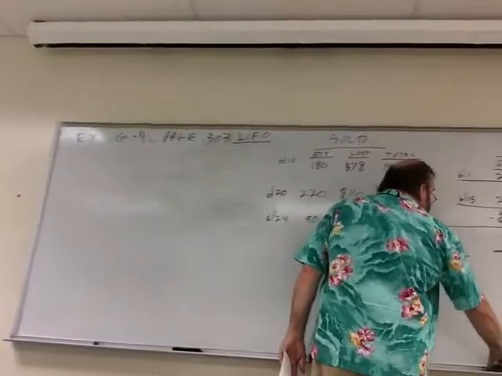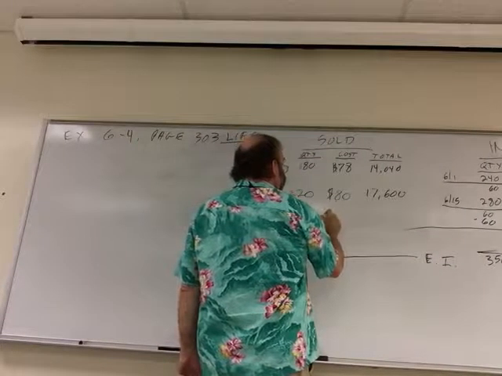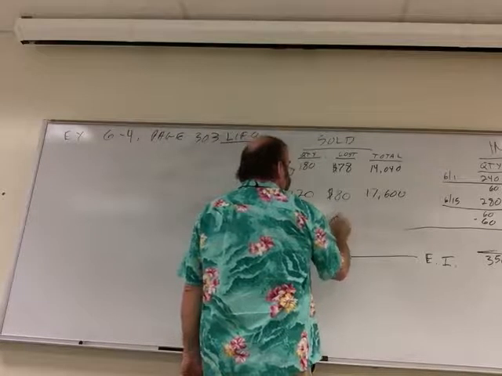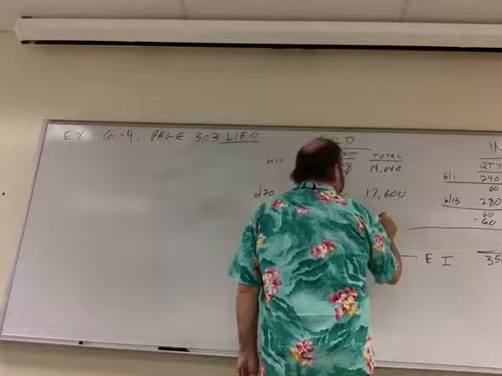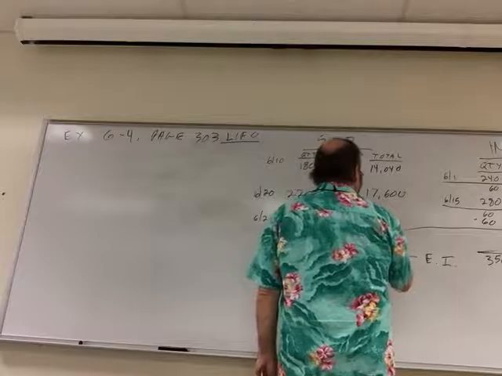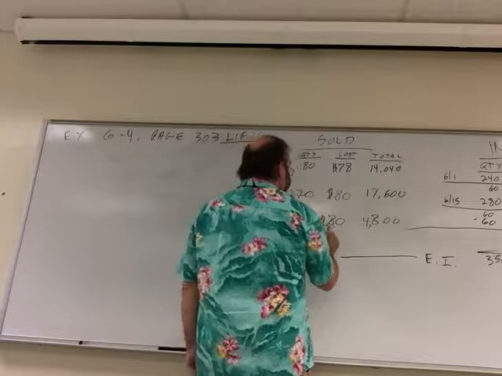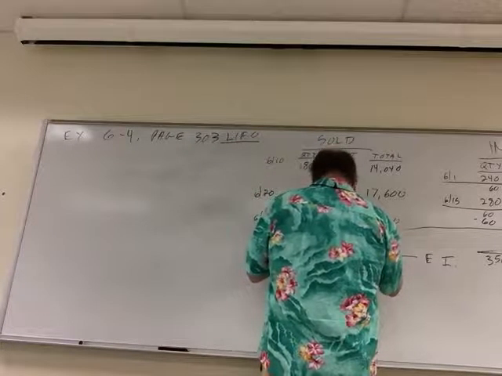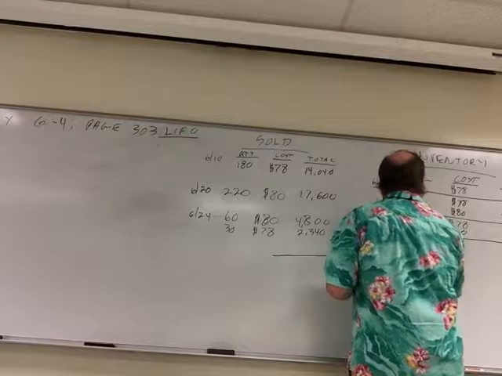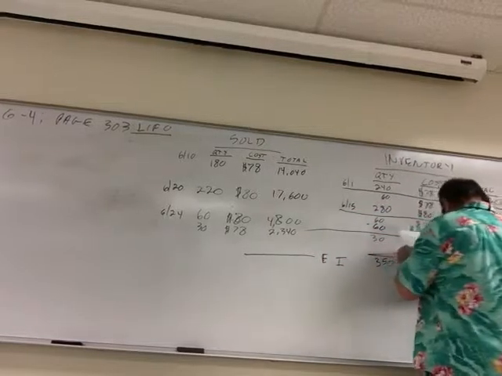Well, this 90 units is going to be made up of the remaining 60 units at 80 for $4,800, and then 30 units at 78 for $2,340. Leaving us in ending inventory 30 units from what we started the month with at 78,